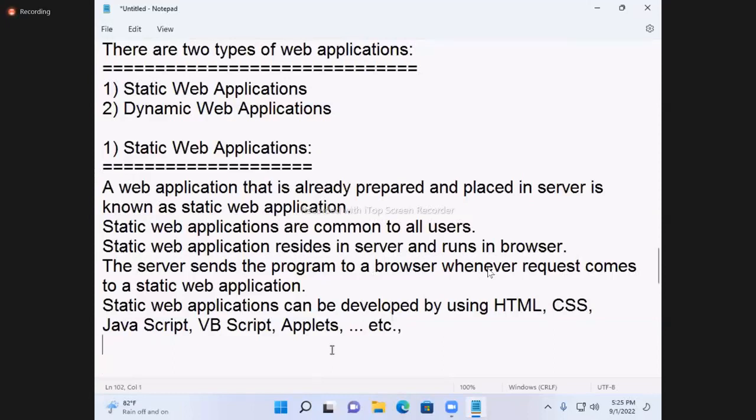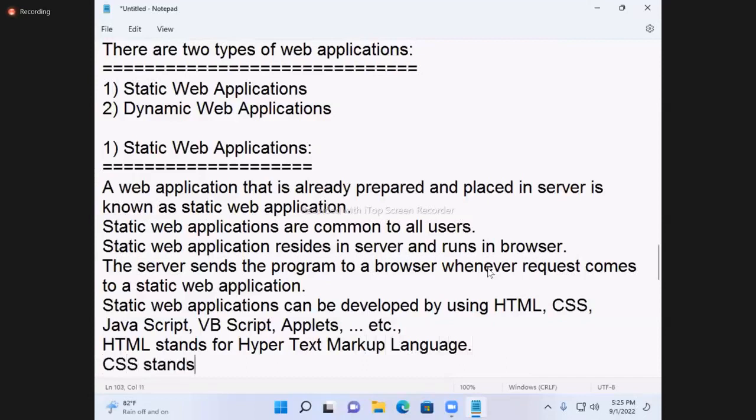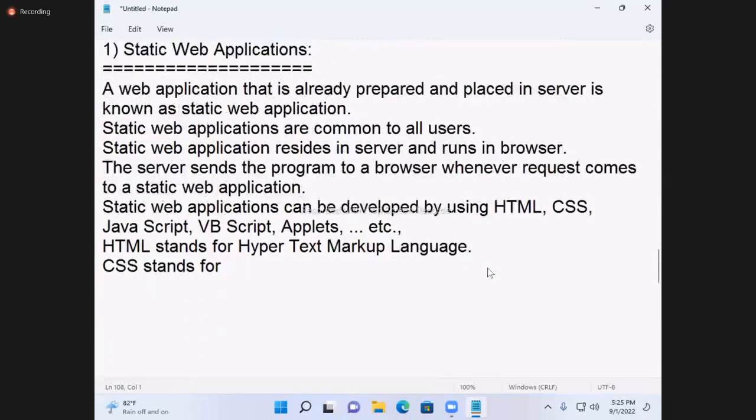What difference we'll see. Next, HTML stands for hypertext markup language. CSS stands for cascading style sheets. VB script, Visual Basic script.